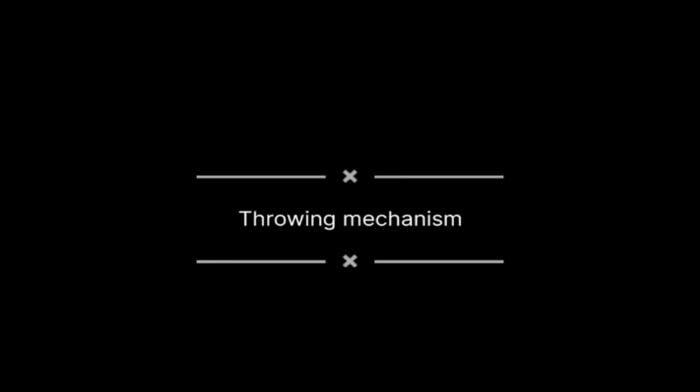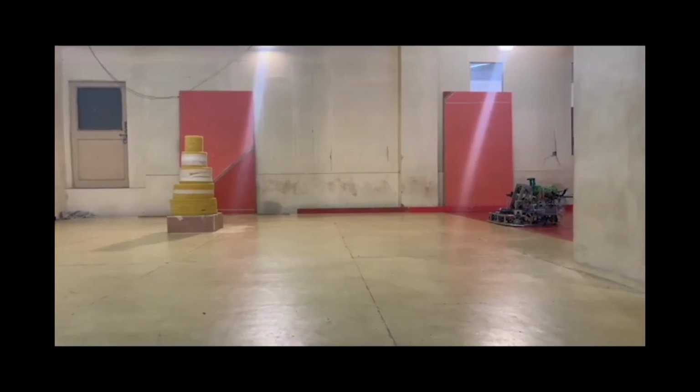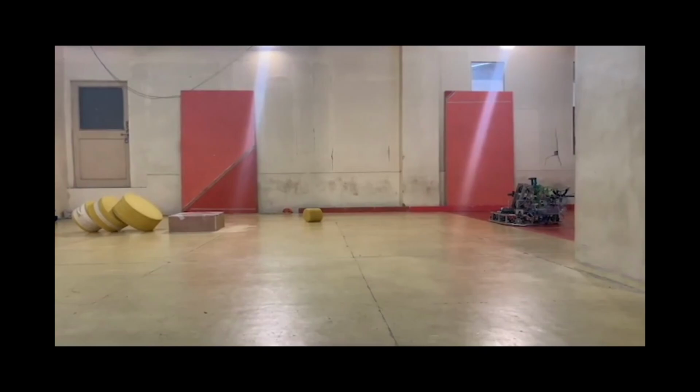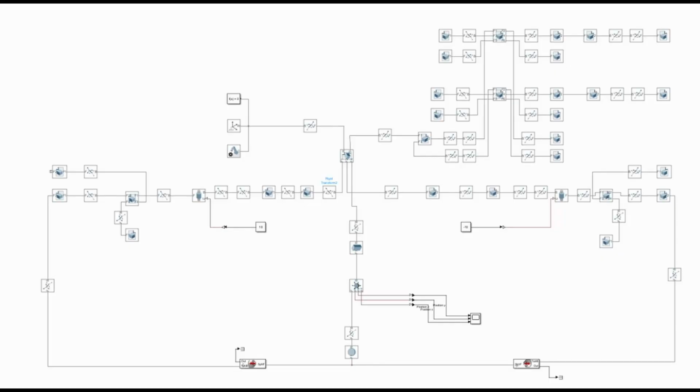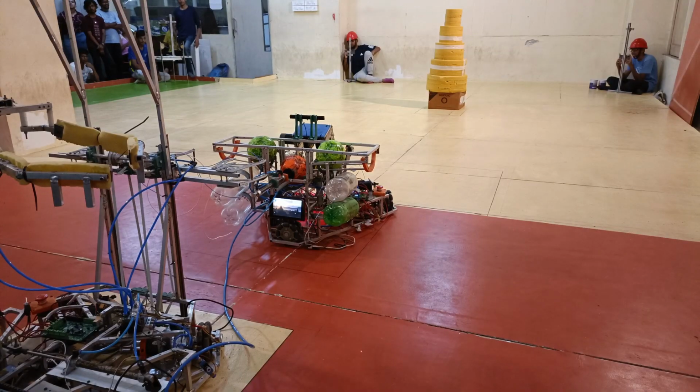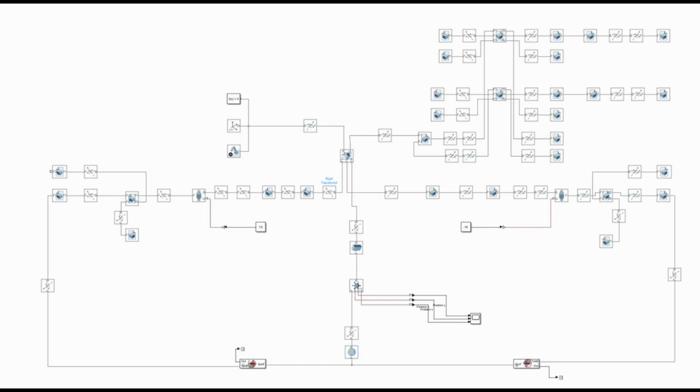So now comes the throwing mechanism in Matlab. The main challenge of this project was to calculate the RPM of motors and the angle of the whole mechanism to be stable on the bot. We used Simscape to simulate the throwing mechanism of our robot. The throwing mechanism had 4 wheels which were rotated at around 1500 rpm, for which two motors were required, and we had to design a system to model the contact forces between the four wheels of the throwing mechanism